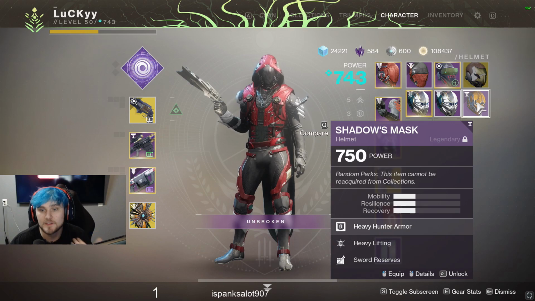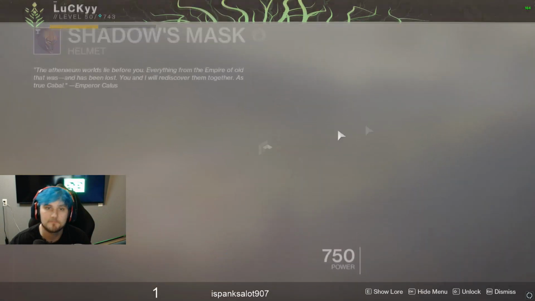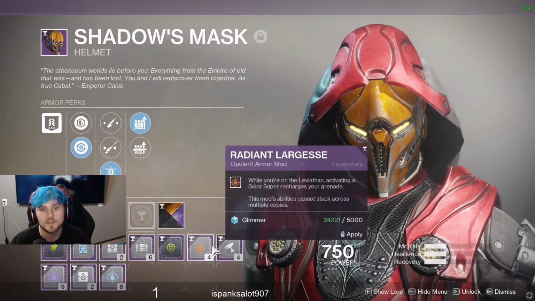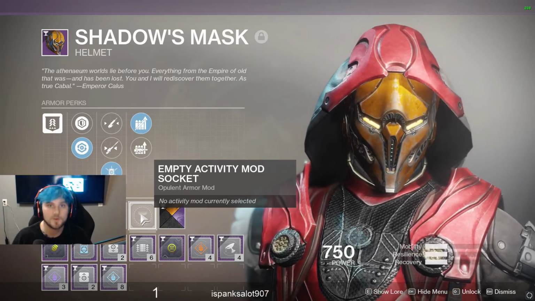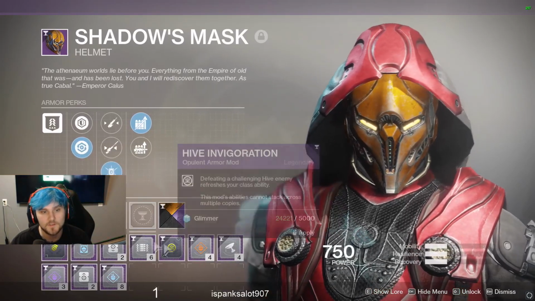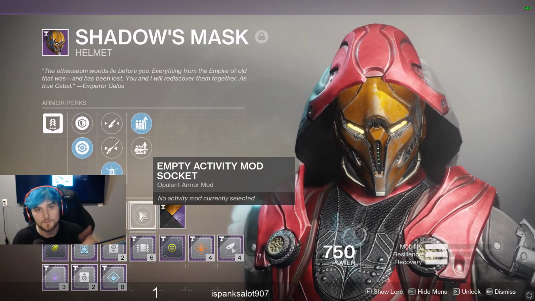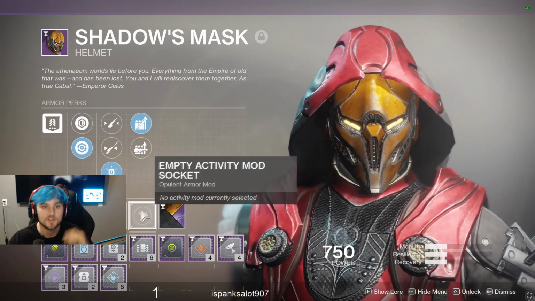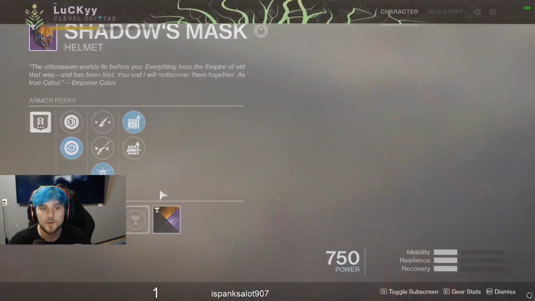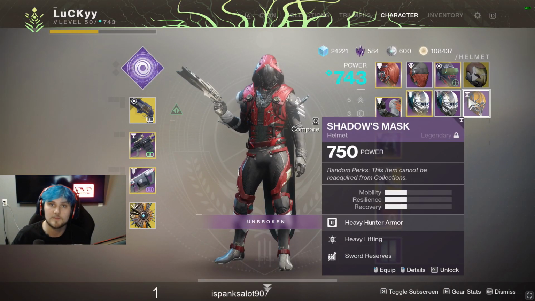This is a heavy lifting and sword reserves helmet. I have this on here because the new armor pieces have an extra mod slot. And so if I were to try and sweat it out in PvE and really stack my character to the brim with all the coolest stuff, I would put this on here. And on my Warlock, I actually have a full set for PvE where I did this, where I put on Hive armaments right here and super mods. I went all out on my Warlock because I mostly play PvE on my Warlock,